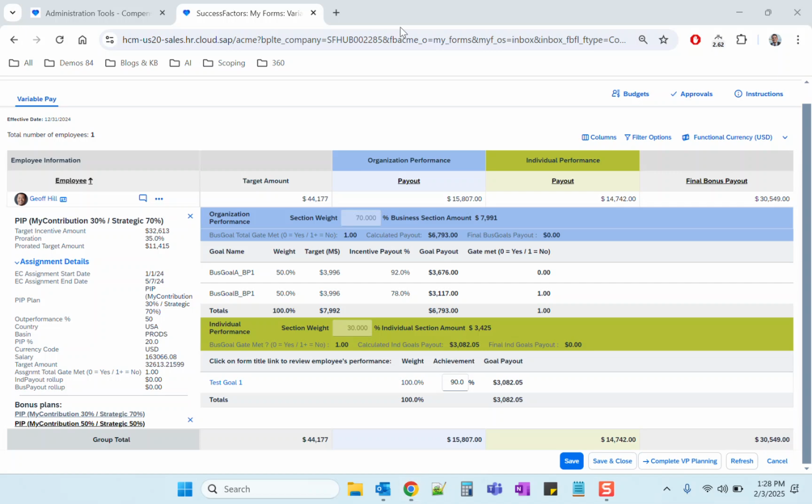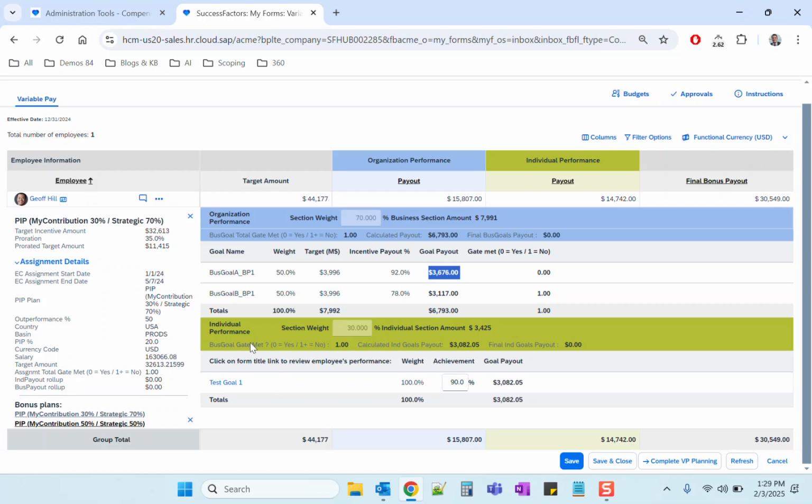Hello. Last week I received a question: is it possible in variable pay to build it in a way that for each record that an employee has, if one of the business goals is not meeting a particular gate, which can be expressed as a percentage or as an amount, if the financial results are not meeting that particular gate, then we don't pay out the goal, but beyond this, we also don't pay